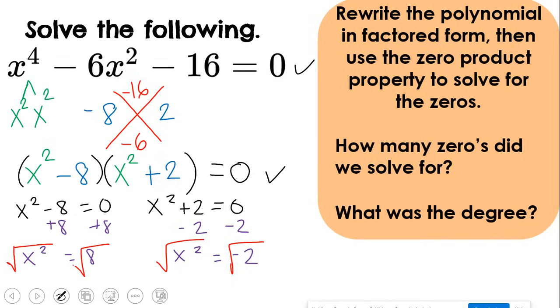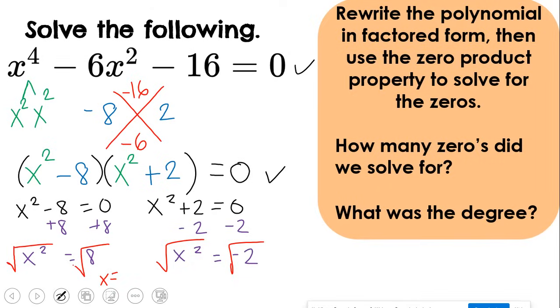Okay? But sometimes you need to simplify that square root. The square root of 8 becomes 2 square root 2. And so I just found x is equal to plus or minus 2 square root 2